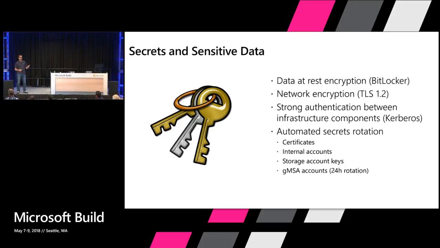We also have, for the majority of the accounts, what we call gMSA, Group Managed Service Accounts. They are just regular service accounts, but they're managed by AD. There is an internal AD inside Azure Stack. Those accounts rotate their password every 24 hours. That's the fastest that is supported by AD. So if an attacker compromises one of those accounts, they have 24 hours to exploit. After that, the password rotates automatically. Boom, they're out again. So that's a lot of the infrastructure security we put in place.